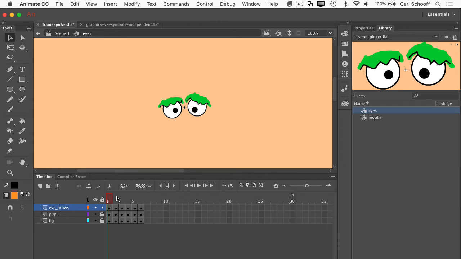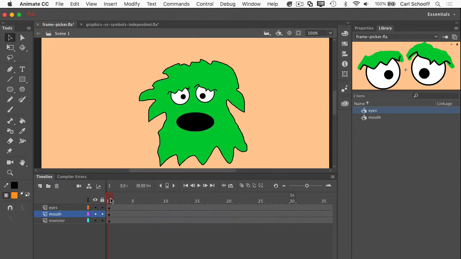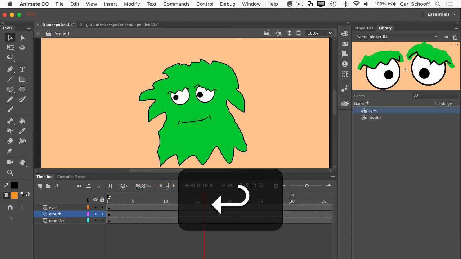Here the eyes are looking kind of forward, here they're shut, here they're getting sort of wide-eyed, and then we have looking to the left, looking to the right, and then we have sort of angry. So let's go back to scene 1. And now please forgive me, I'm no professional character animator or illustrator, but let's try to make this mess here